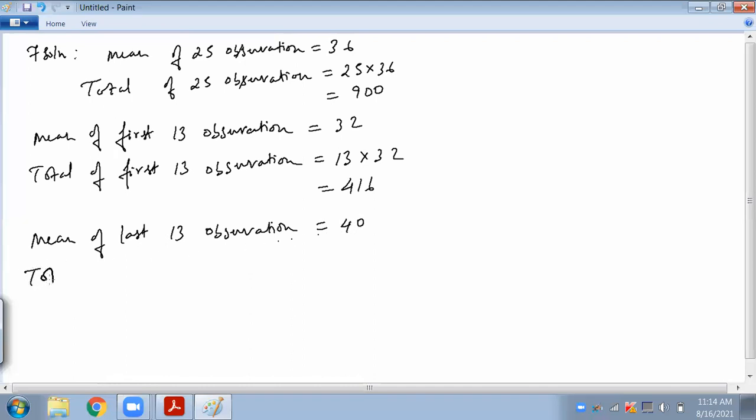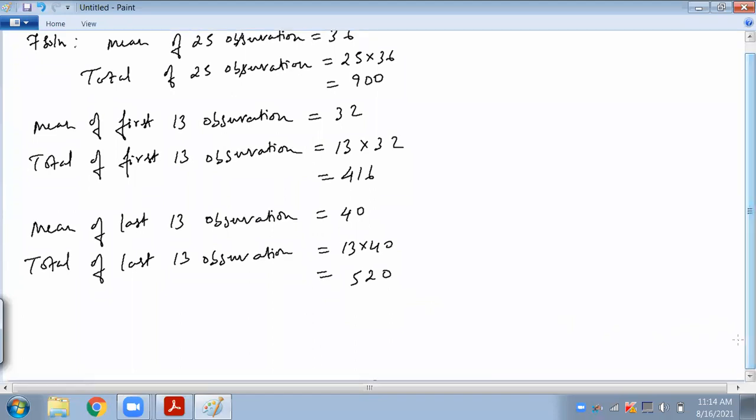So we'll find the total again, which is 13 into 40, and it will be 520. Now we have to find the 13th observation. And how to find the 13th observation? To find it, what are you going to say? Here in this case, the mean we have